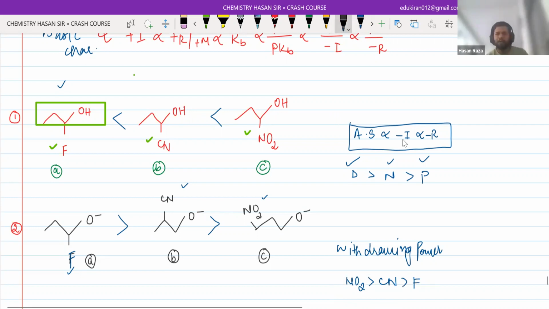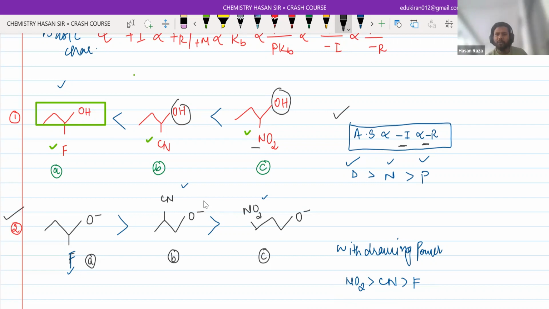And you know that acidic character is directly proportional to minus I and minus R. So in this, you can see the position with respect to OH is the same. That's why NO2 is the most acidic, with more acidic strength. But in the second question, you can see CN is far away